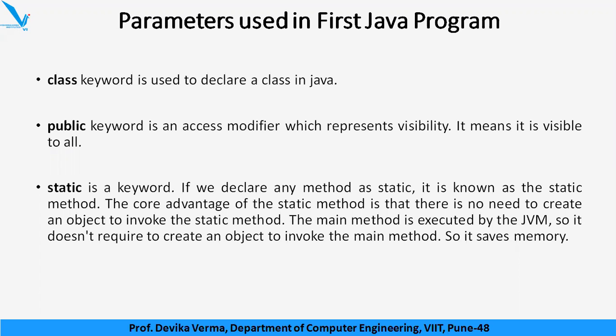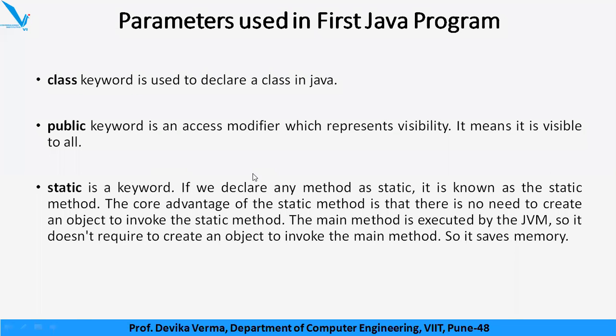Now for every class you create an instance. Okay, you create an object. In C++ also we create an object, and with the help of that object you call the methods of the class. But is it required for main? No, right? So for main it is not necessary that you create an object every time and then invoke the method main with the help of the object.